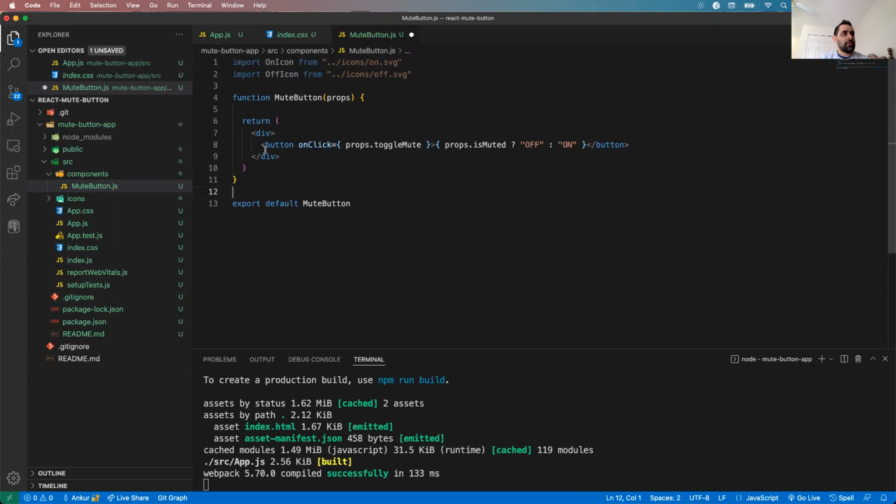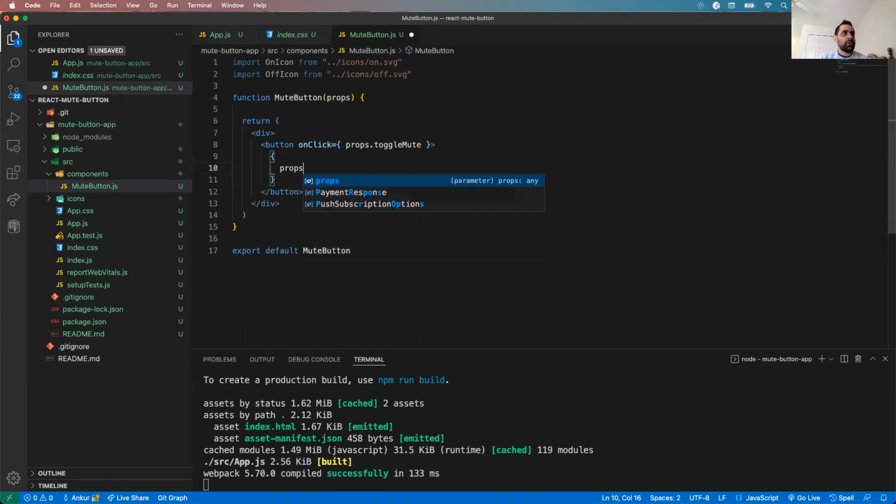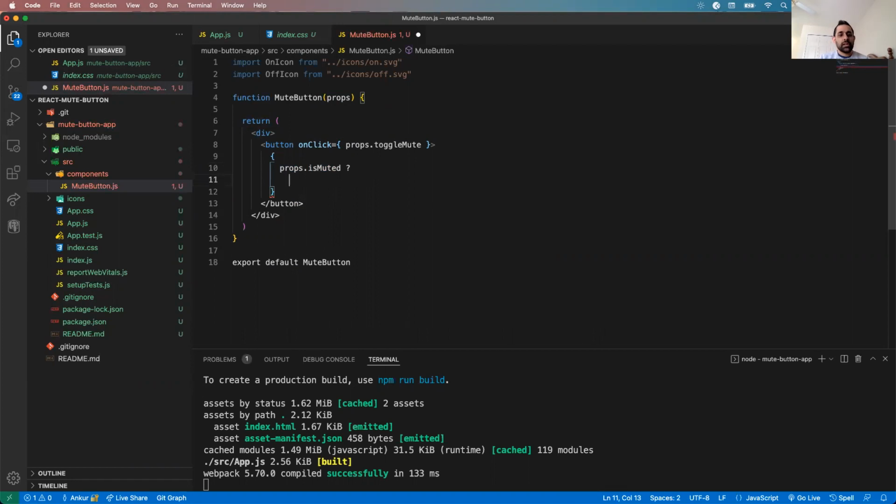So instead of having a button, what if we showed an image inside the button? So we're showing text right now. Text is cool, but what's cooler than text? Images. So let's do a ternary statement here and say, if props.isMuted, right? We have a prop value coming from the parent that is called isMuted. That's going to be a Boolean, which we kind of expect. Now we could show either an image